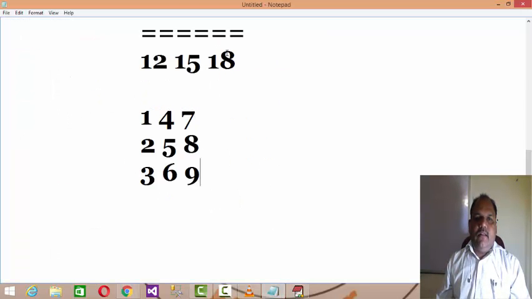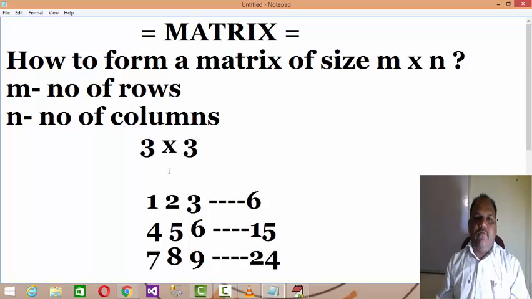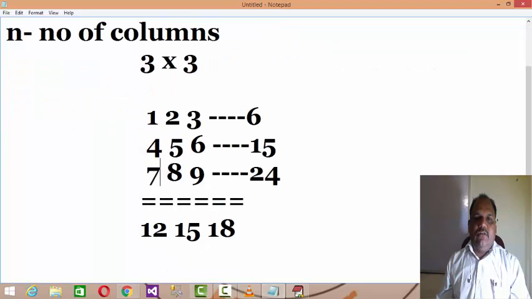Here in this case, if we have 1 2 3 4 5 6 7 8 9, trace means the addition of the elements where the row coordinates and column coordinates are common, like 0 0, 1 1 and 2 2. Trace is always found in a square matrix, where the number of rows and number of columns are equal.